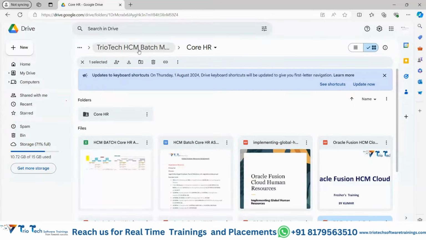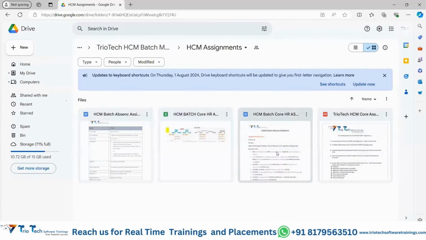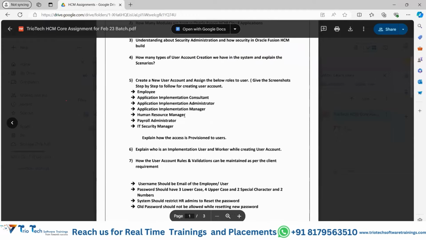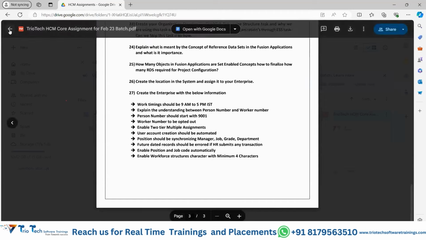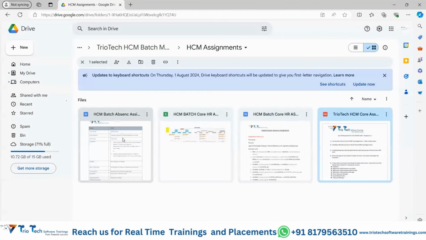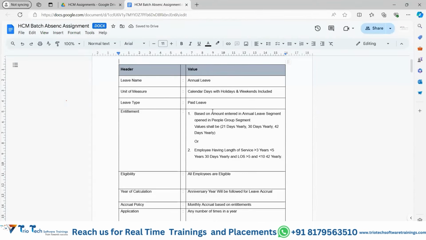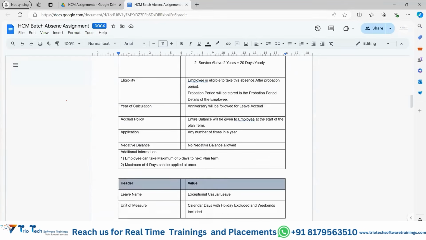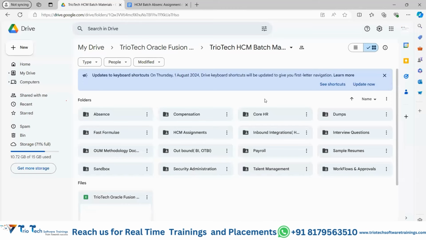And for every module, real-time assignments will be given to you. So this is one of the assignments, if you could see. We will give you the situation or the scenario, so that you have to replicate that in the system and submit it back to us for evaluation. For every module, this is the absence assignment. The real-time requirement assignments we will be giving to you. So if this is the requirement of the client, how will you configure that in the system? For every module, real-time project assignments will be given to you, and you can practice that